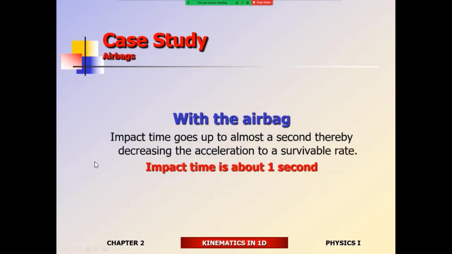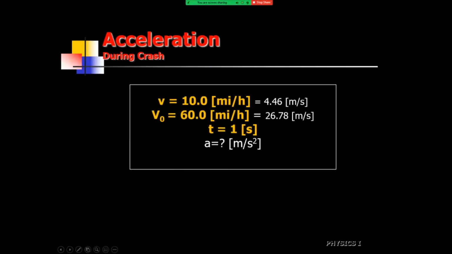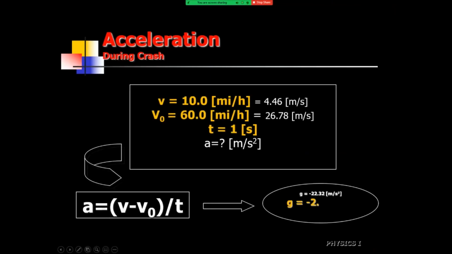So what does the airbag do for you? The airbag is designed to increase the impact time almost up to a second. Okay, so now take a look at the numbers. We're still focusing on Princess Diana's accident. All right, so change in velocity is still 60 miles per hour, 50 miles per hour. So with the airbag, it's going to be about 2 Gs. With the seatbelt alone, it's going to be about 20 Gs. And no seatbelt, no airbag, it's going to be a little bit over 200 Gs. And all of a sudden, you're taking a risk of doing a collision, which is almost 100% survivable.